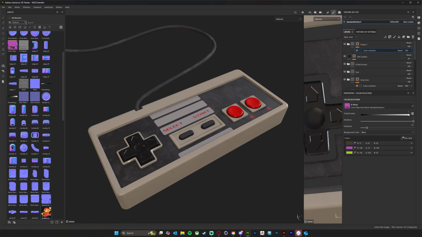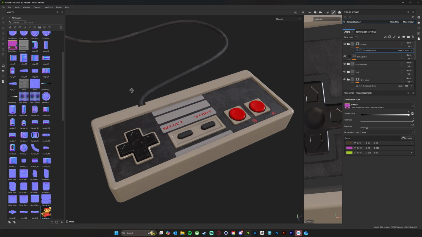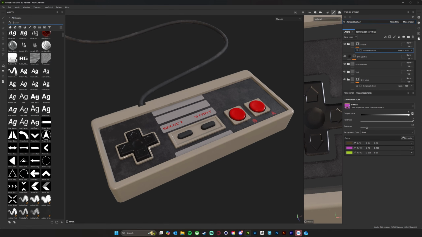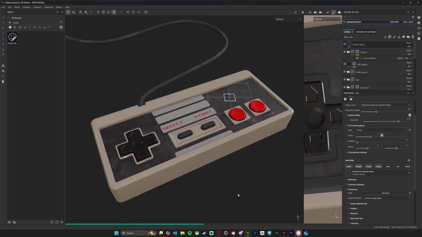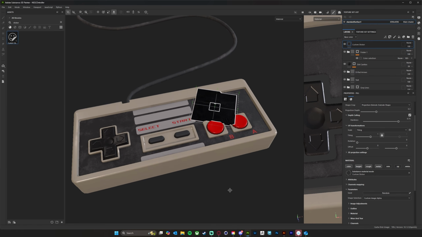Now, to make a sticker, what we need is a sticker layer. This is very easy to do. So all we have to do is go to our search and we can type in sticker. And you have this little custom sticker thing here. And I can just drag and drop that to my controller. Right. And it's going to just put in a default